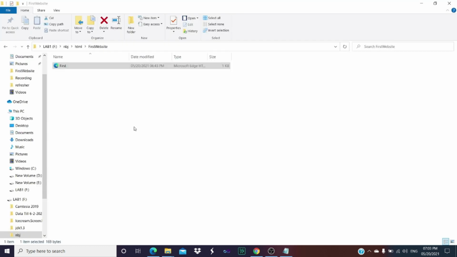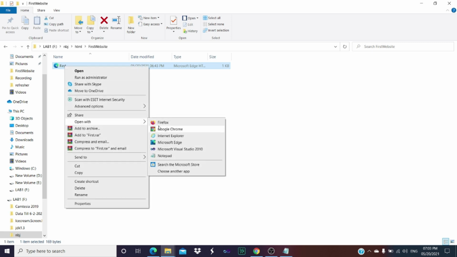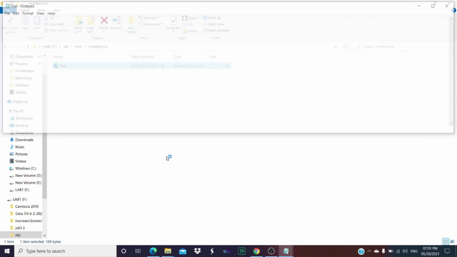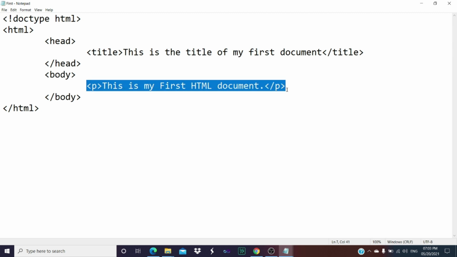So if I want to open the source code of that particular document, what I will do, I will right click on that particular document, I will select open with, and from that I will select Notepad. So that particular HTML document is now open within Notepad. So as we have seen, what is HTML element? HTML element means it starts from start of the tag to the end of the tag, that we have already seen. But the most important part is attributes within HTML element. And those attributes can be written within the start tag, right?